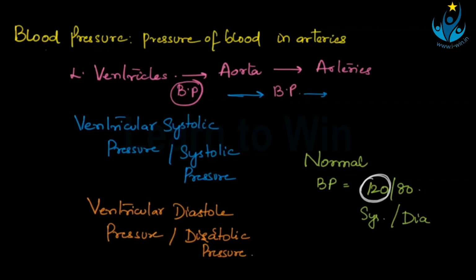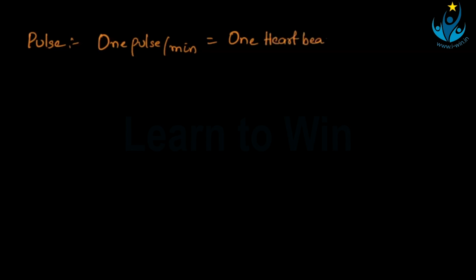Now I'm coming to the last part, that is pulse. So we are going to talk about pulse. One pulse per minute is equal to 1 heartbeat per minute. It is nothing but the expansion and recoiling of the arteries. Pulse is due to the expansion and recoiling of the arteries